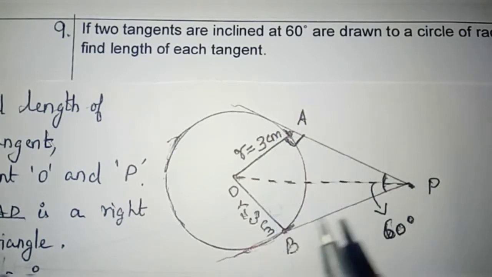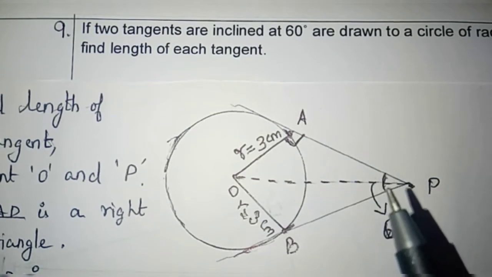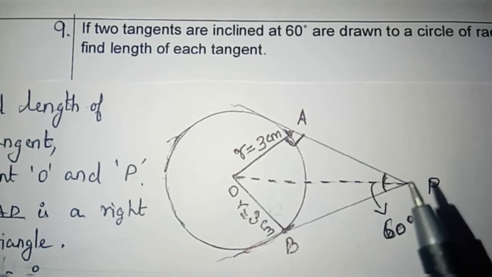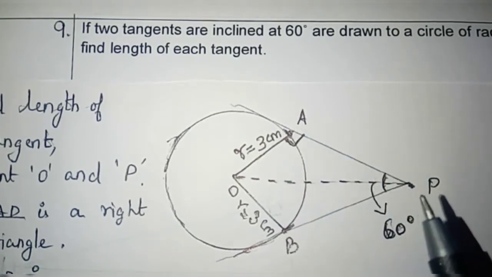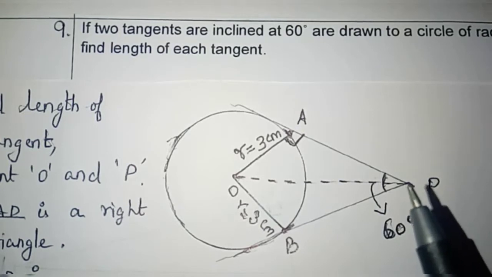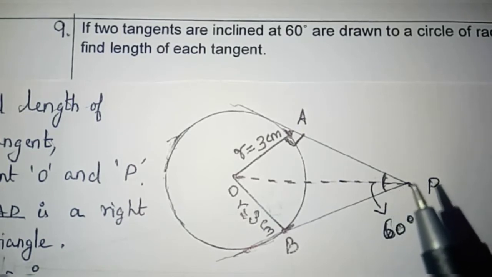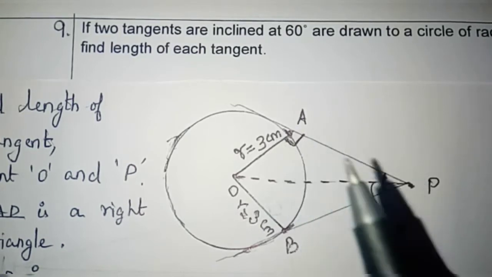PA and PB are two tangents. They are inclined at 60 degrees. Find out the length of PA. So this is the problem. To find out the length of PA,